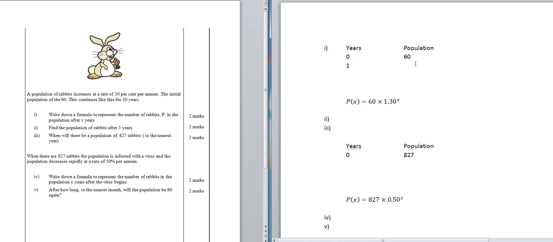After 1 year, as we can see here, we increase 30% in 1 year. So 30% of 60 is 18. So 60 and then 18 more, 78. And then after 2 years, it's going to be